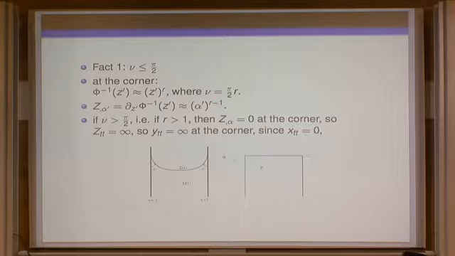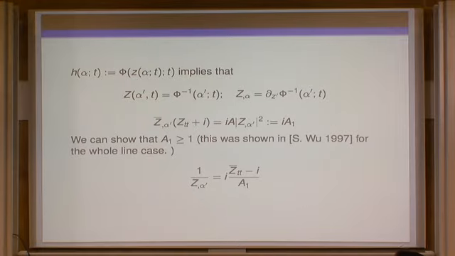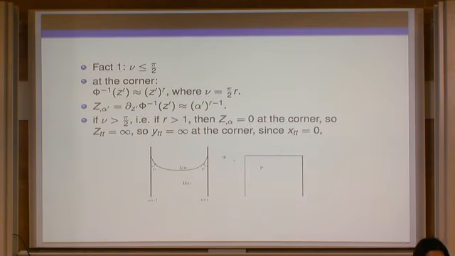If R is greater than 1, then the alpha derivative has to be 0 at the corner. If this derivative is 0 at the corner, that means this is infinity, and this is infinity, and we already know A1 is greater than or equal to 1, so that means acceleration has to be infinity. Now, depending on your perspective,